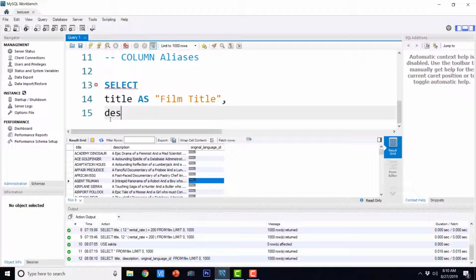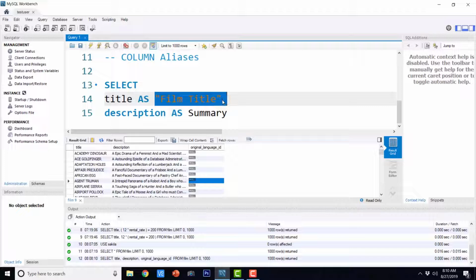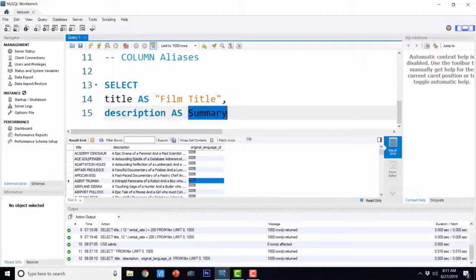We can just say description as summary. Note that in the earlier column we used double quotes because this is a string with a space. If you remove these double quotes, it might throw an error. Here in this particular string there is no space, so we can just use it as it is.